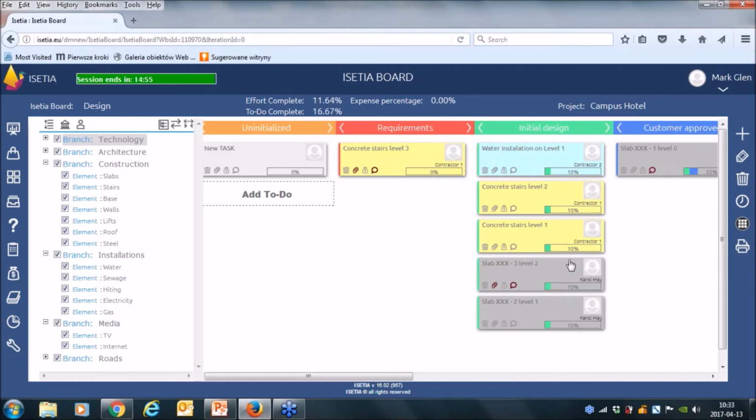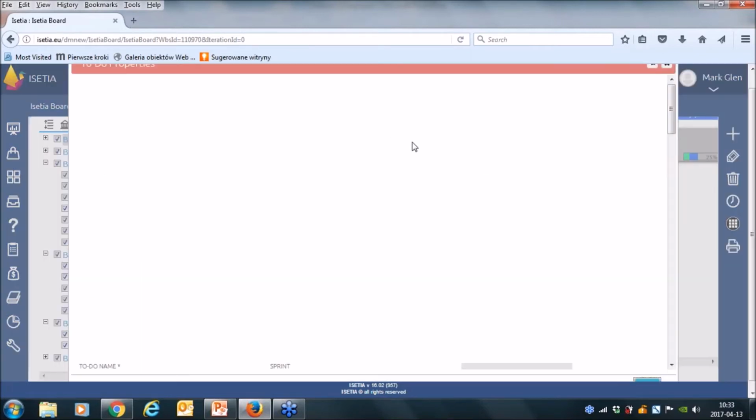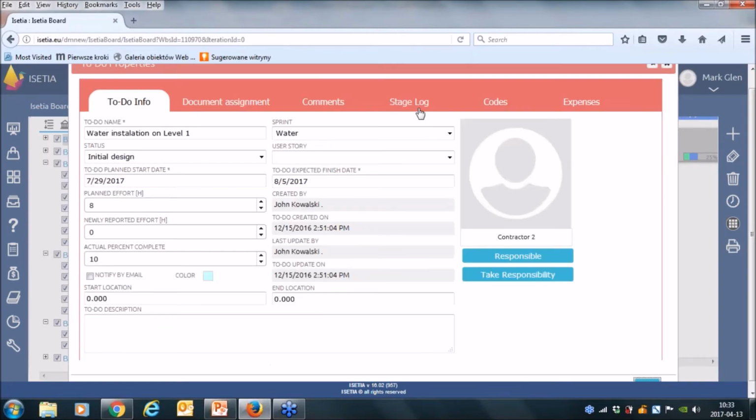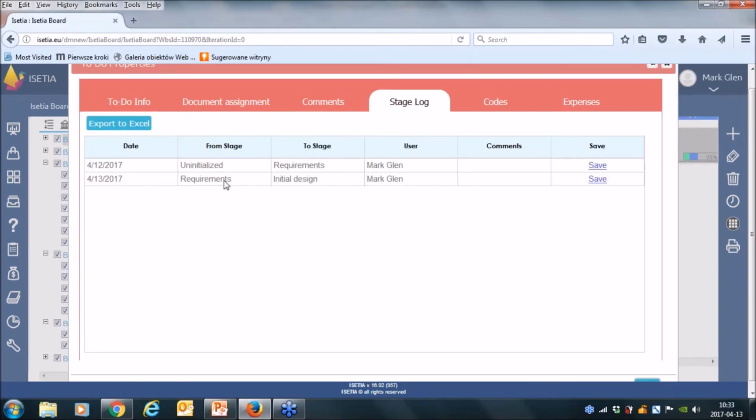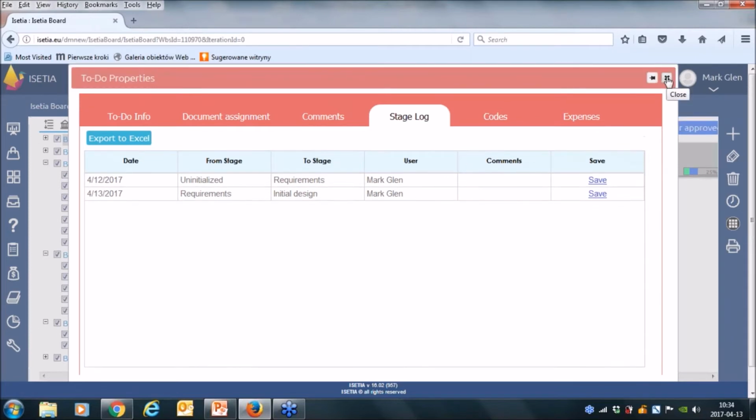So this task now reaches initial design, and you can see in the stage log that today, 13th of April, this task moved to the stage initial design from requirements, and I, Mark Glenn, updated this task.